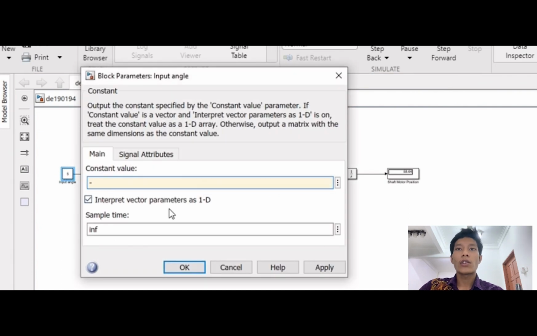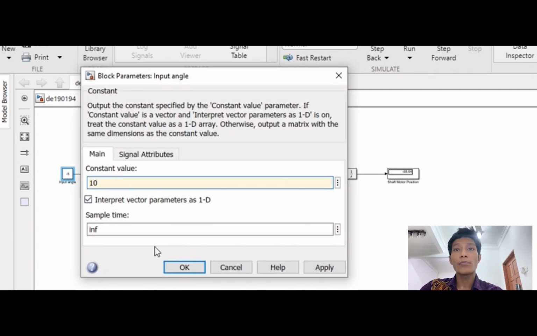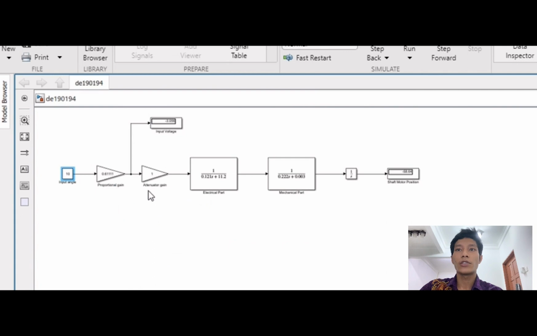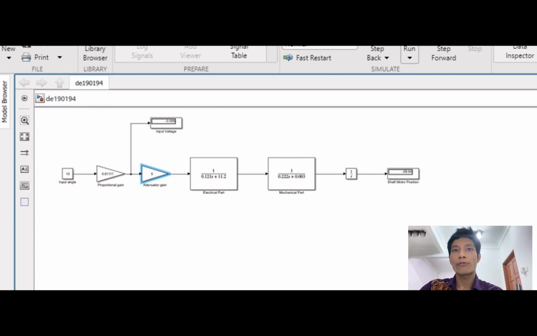For the anti-clockwise, input angle -5 and actuator gain 1, the input voltage is -3.056 and shaft motor position is -58.64. For the clockwise, input angle 10 and actuator gain 5, the input voltage is 6.1111 and shaft motor position is